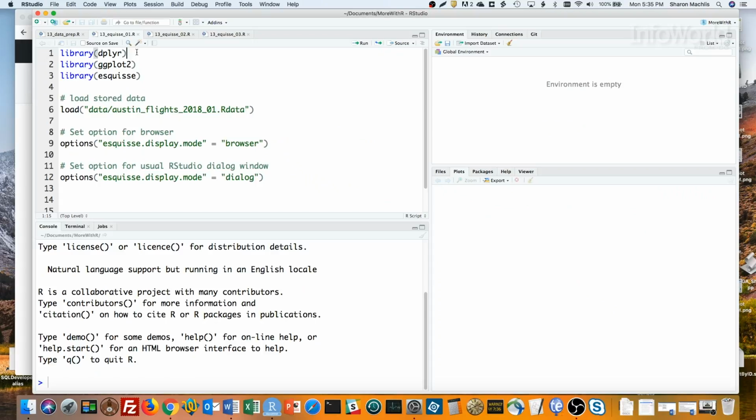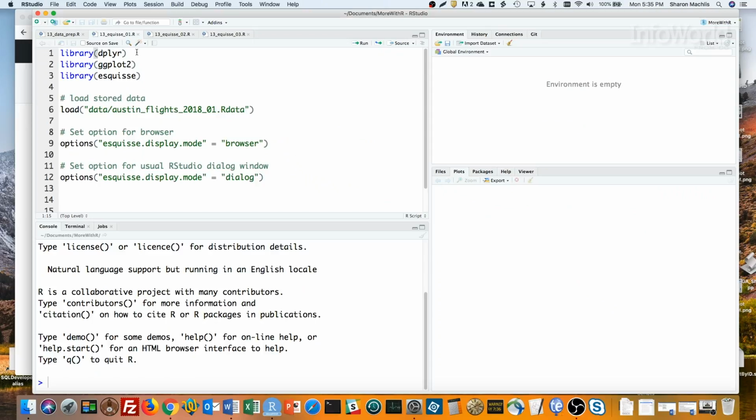I'll use one of my favorite types of data sets, airline flight performance. Here I've prepped two data frames, flights from Boston to Austin, Texas in January 2018, and flights back from Austin to Boston the same month. I'm flying to Austin this coming January 2019 for the RStudio conference. I'm curious to see what delays looked like last January. Although, of course, past performance is no guarantee of future results or weather.